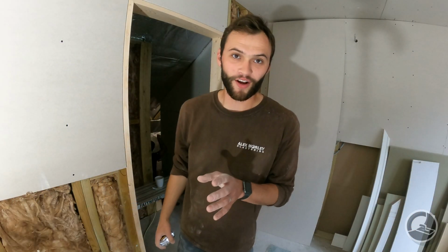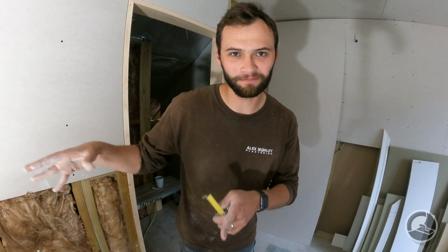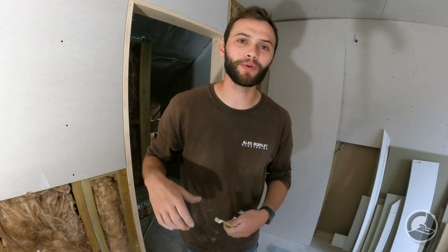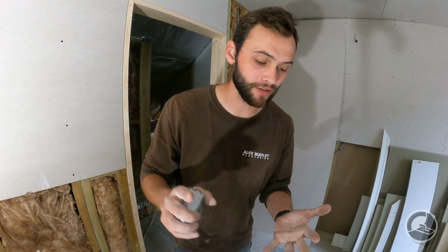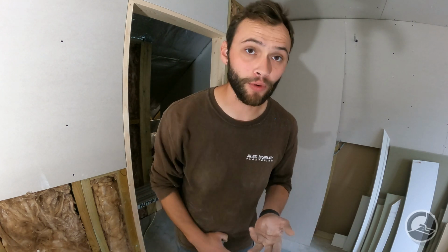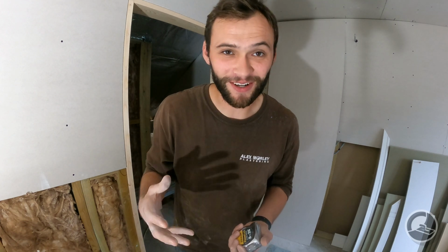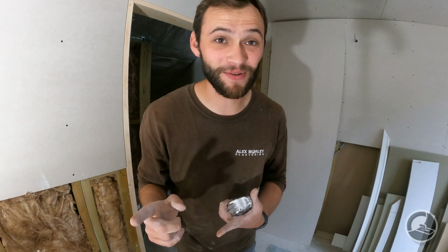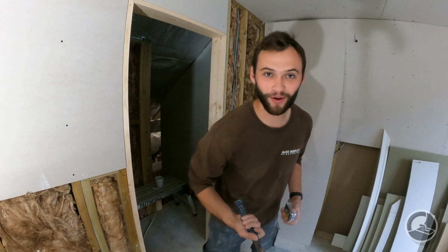Okay, so final bonus tip when it comes to cutting plasterboard, and it's a little bit of a side point. Certainly when you're doing a lot of dry lining, it's very common that you have to do things like cutouts for sockets, pull cables through, pull pipes through, and so forth. Now, I don't know a single plasterer that hasn't at one point or another decided to punch a hole through